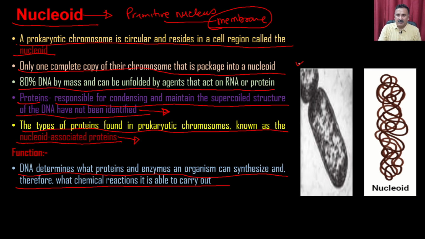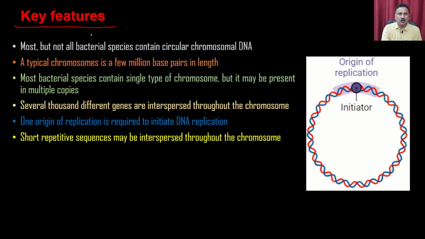So this is the micrograph of a bacterial cell where the nucleoid is shown. This is the region where the nucleoid is present, and within the nucleoid you have the bacterial chromosome, which is supercoiled. The key features of the nucleoid are that most, but not all, bacterial species contain